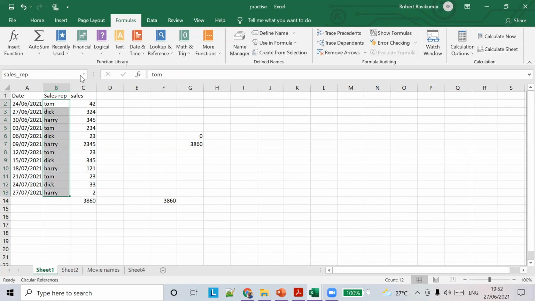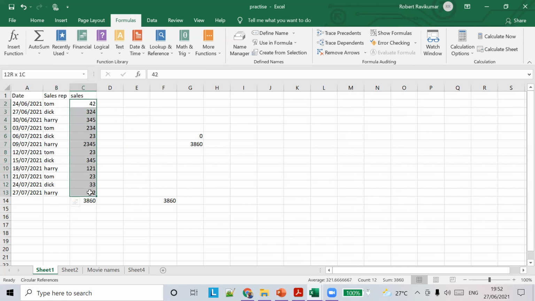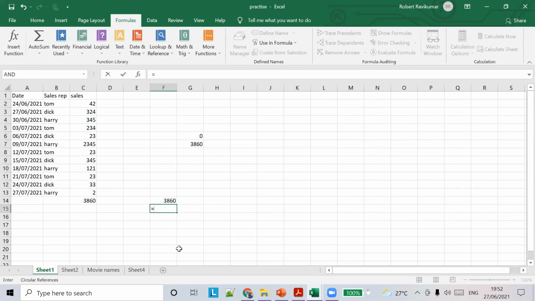If you want to select here, you can change the name if you want. So let's say sales range. Okay, sales range. Now the new name is created. So sum of sales range.